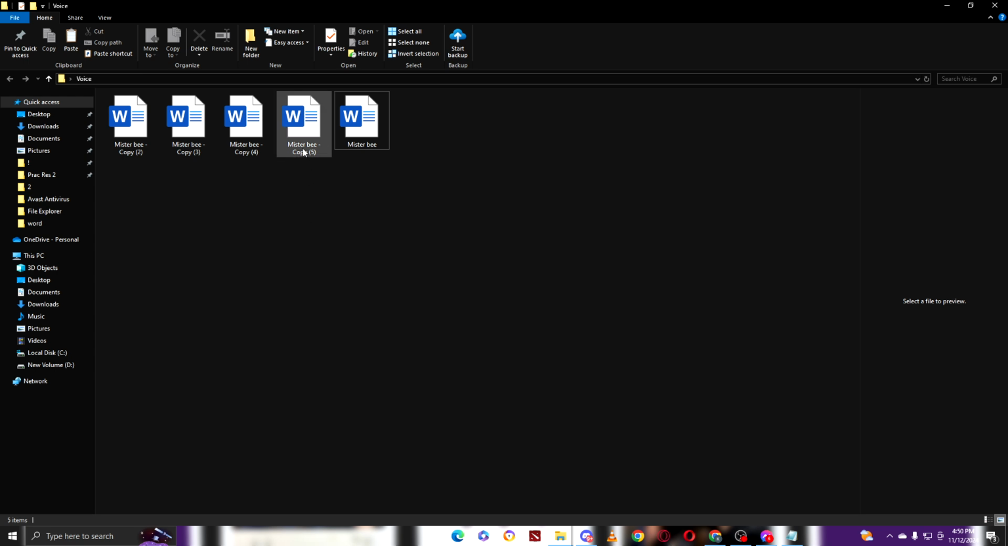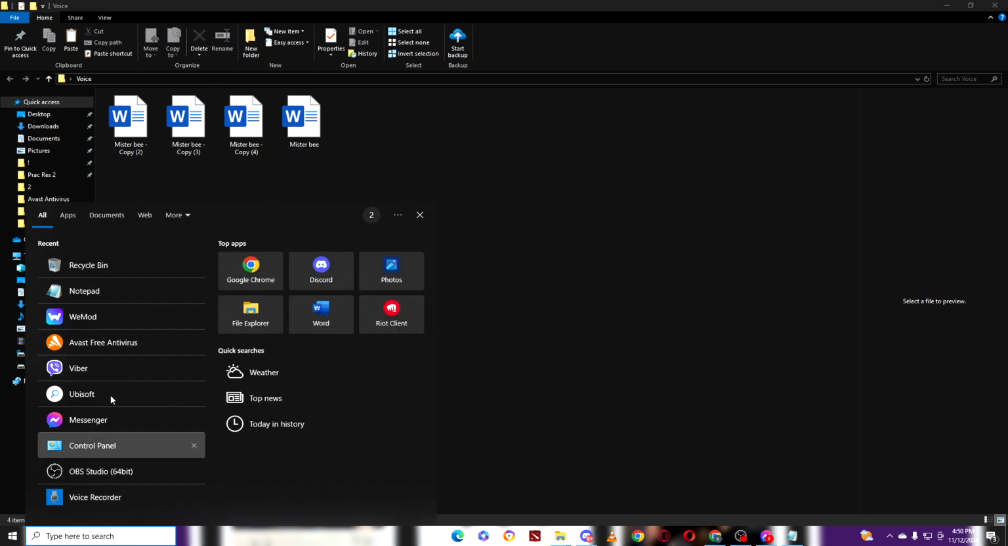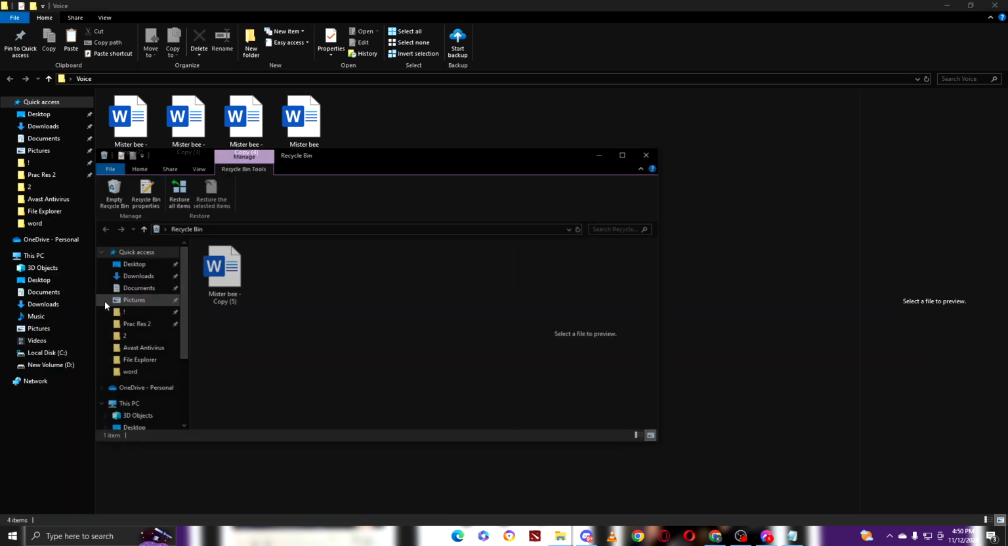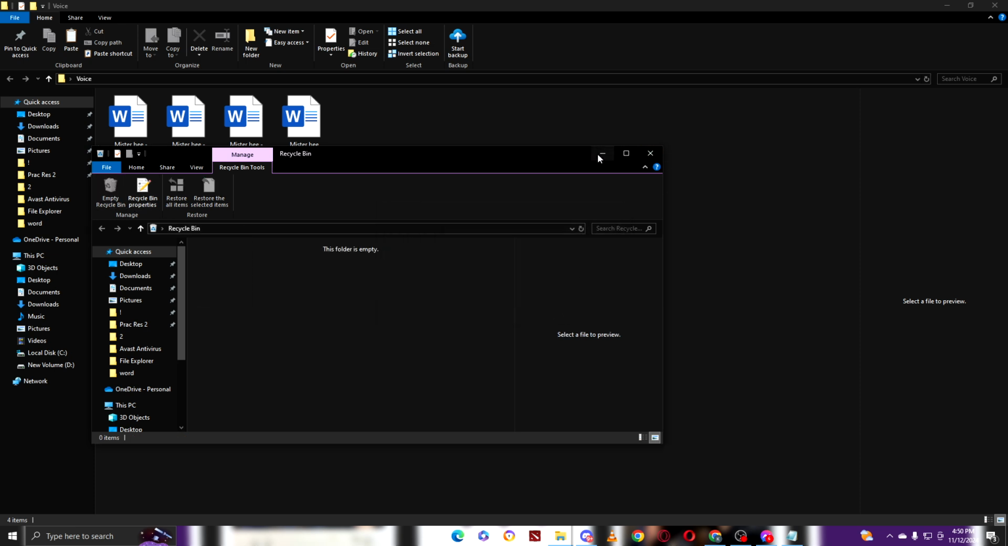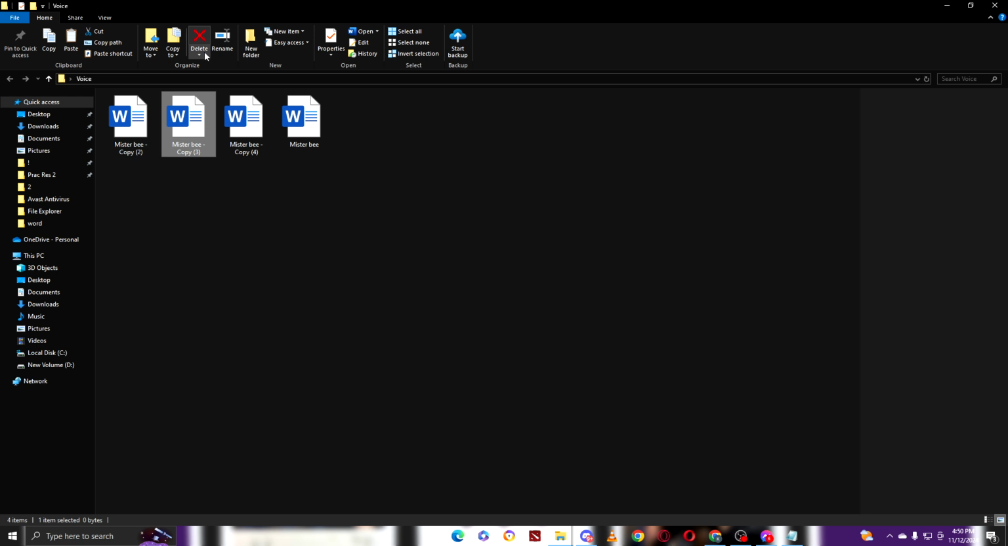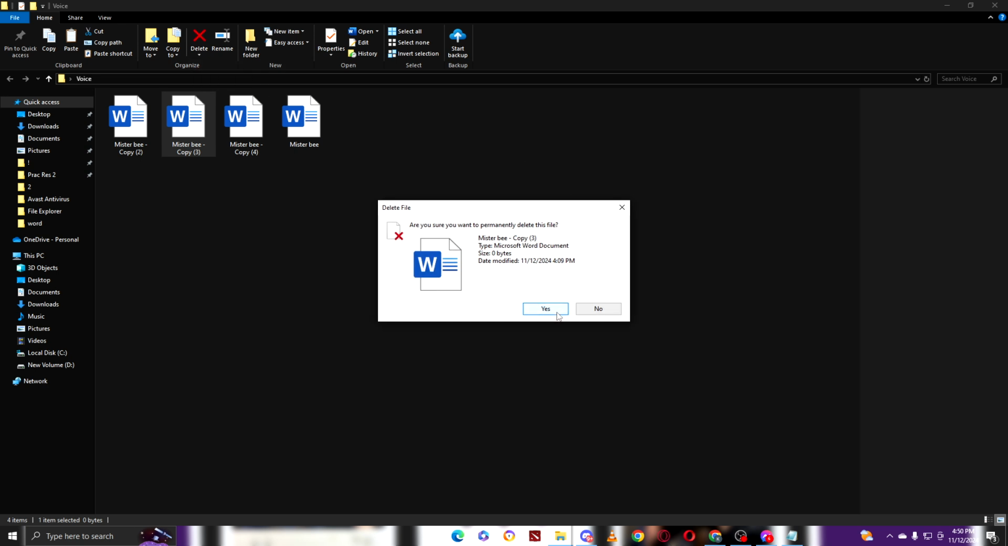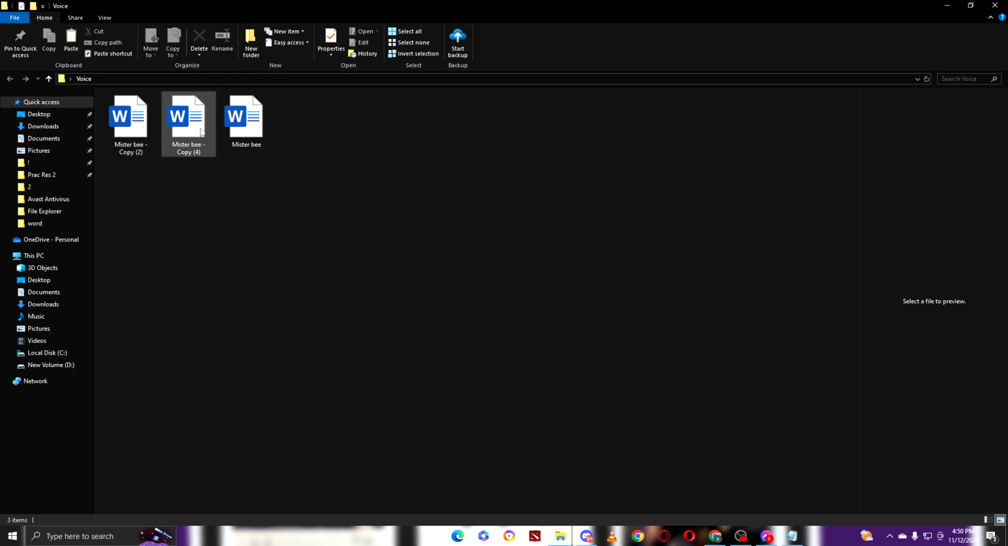Another way to delete Mr. B is by clicking on it, and on the top left you will see the delete button. Click on that, and as the same process, it will go to the recycle bin. Recycle bin, and you have to empty the bin or just right click and delete. Another way to delete them very fast is click here down below, then click permanently delete. And then yes, now we have deleted Mr. B